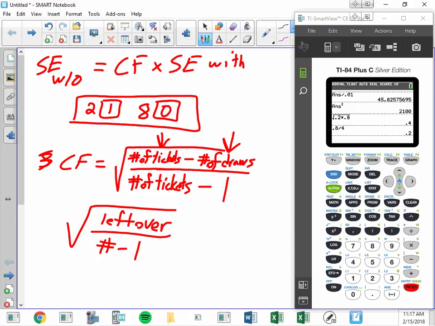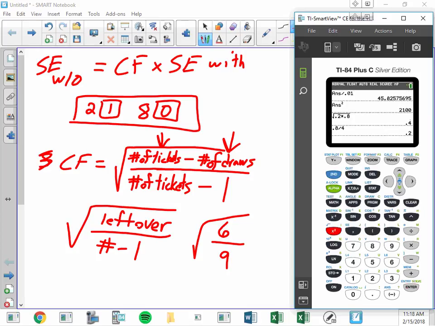There are 10 in the box. So I take out 4, and I'm left with 6 over 9. So the square root of 6/9, and I'm going to multiply that by